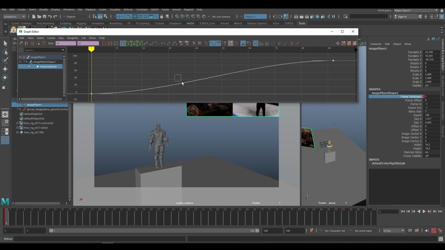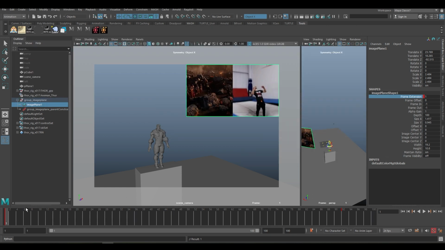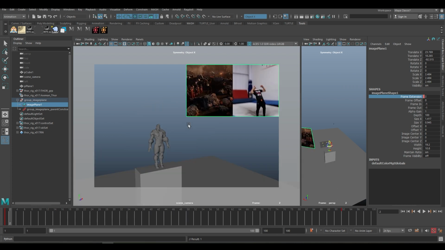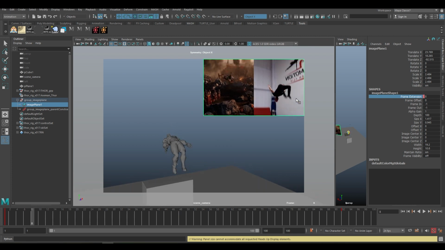For that, in the frame extension graph, you just have to create the linear. By creating that linear, you can see our image reference has come completely back in the perfect timing. Now start deciding the key poses. First of all, this is the first key pose. Let me set this around frame number 8. I like to create this pose, so I'm just going here and just key selected, so you can find here one key,